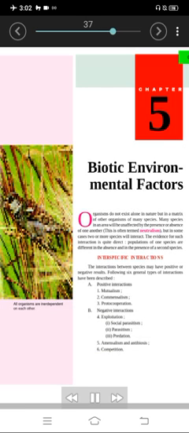All organisms are interdependent on each other. Biotic environmental factors. Organisms do not exist alone in nature but in a matrix of other organisms of many species. Many species in an area will be unaffected by the presence or absence of one another, this is often termed neutralism, but in some cases two or more species will interact. The evidence for such interaction is quite direct. Populations of one species are different in the absence and in the presence of a second species.